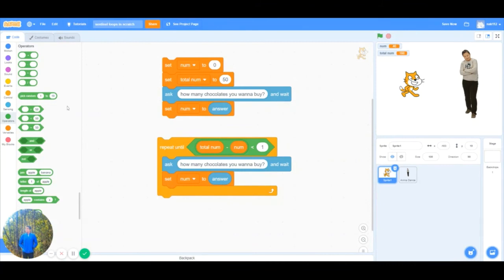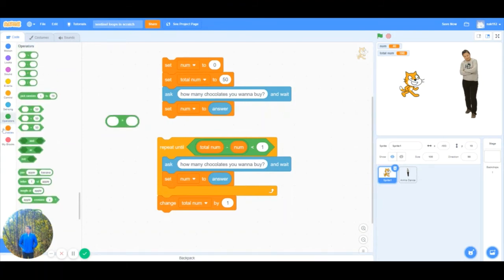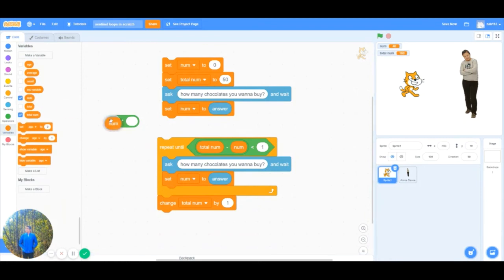than 1. So we need another condition, which is we need to subtract these two things and store it in total. So every time somebody buys chocolates, we just decrease the count of chocolates. One way of doing that is using the change block, where we change total num by this num. You can either just set total num to this, or you can use the multiplication operator, have the num variable, and put in -1 over here,